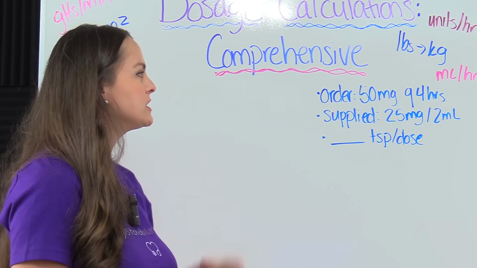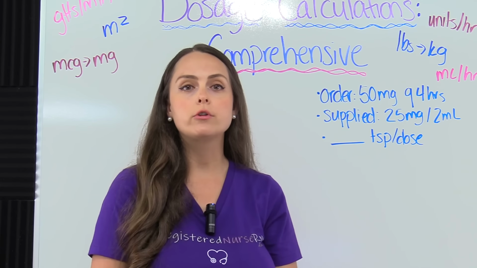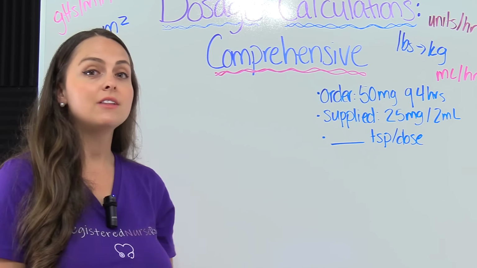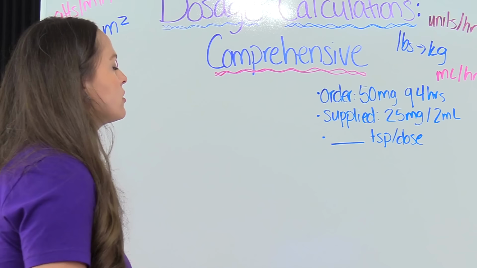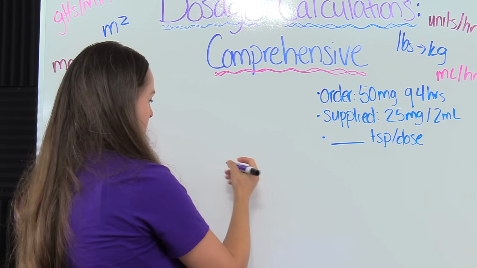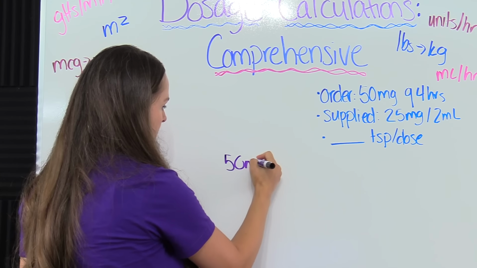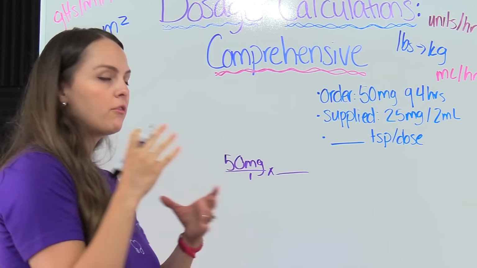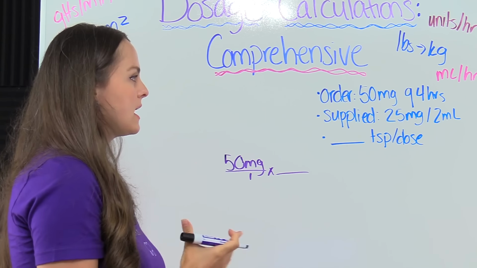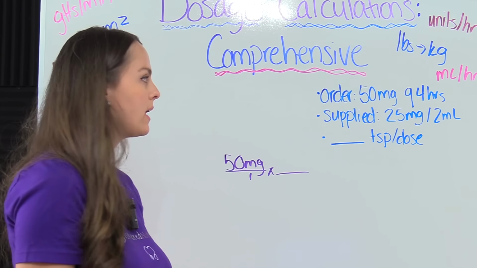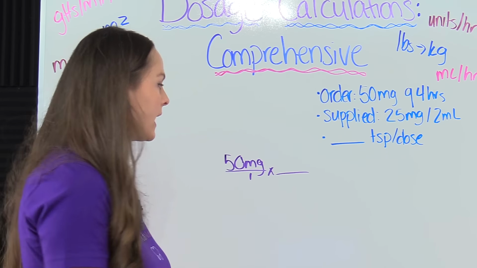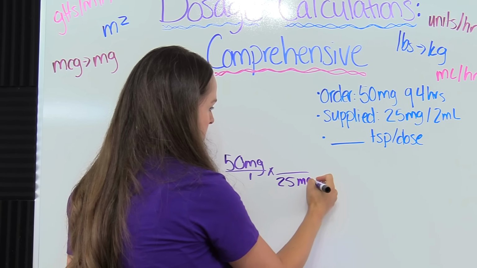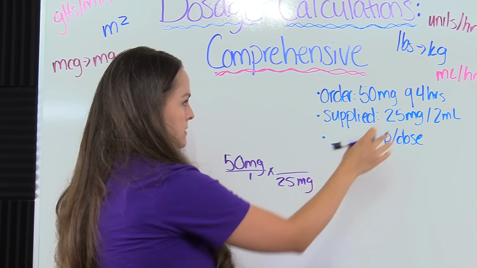So this is the important information we need to pull from this problem in order to solve. So again, we're solving for teaspoons per dose. So let's set up using dimensional analysis. So the doctor orders 50 milligrams every 4 hours. So 50 milligrams is how much the patient needs to receive in this oral suspension. We have a bottle of this medication that says for every 2 milliliters that you're pouring out, there's 25 milligrams of this medication. So we're going to put 25 milligrams down here, and we have 25 milligrams equals 2 mLs